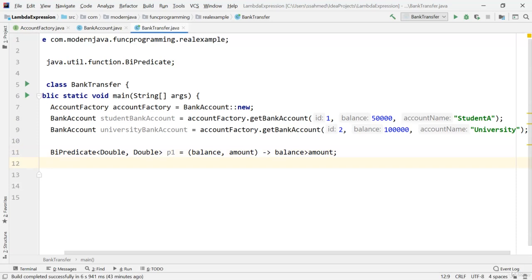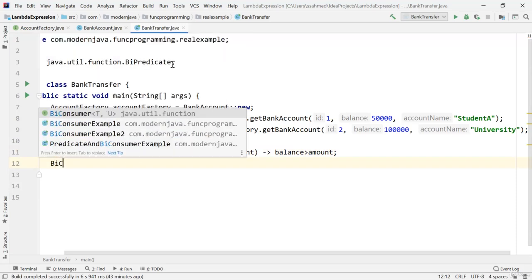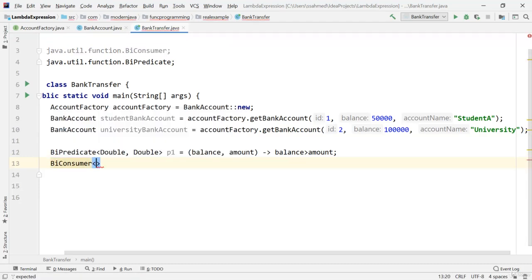And now we'll be creating a BiConsumer. This BiConsumer is nothing, just a printer for us, because we'll be printing some double values or the amount which we are withdrawing. So we'll be printing some message using the BiConsumer. So this is the printer, and this printer basically prints a value